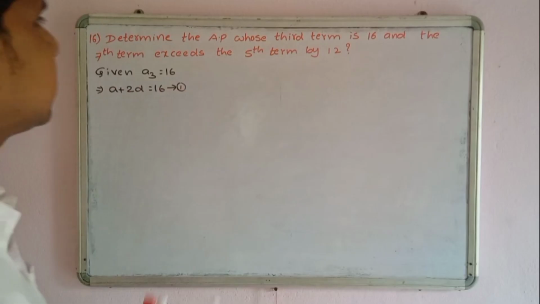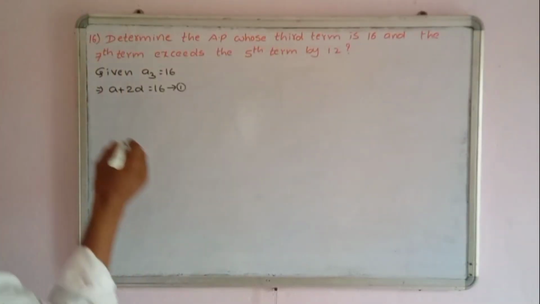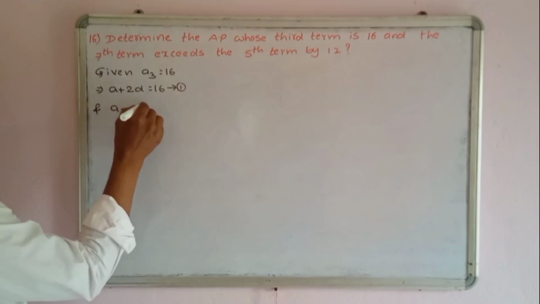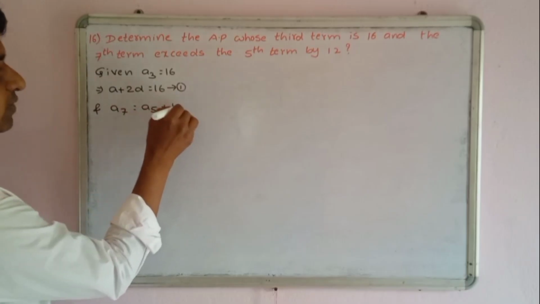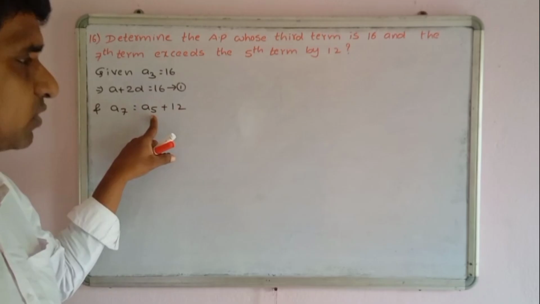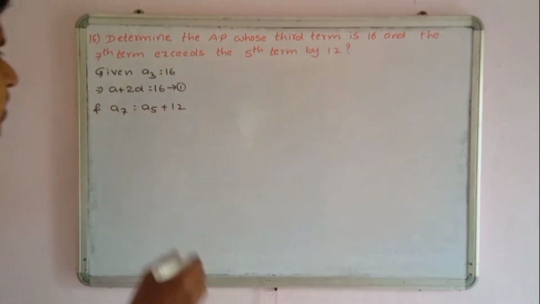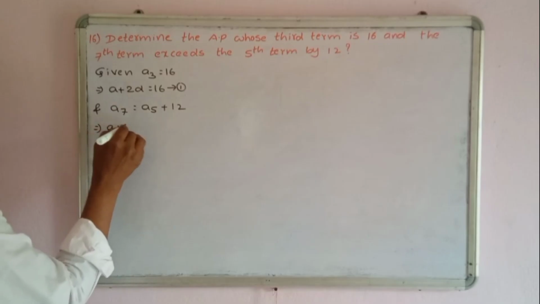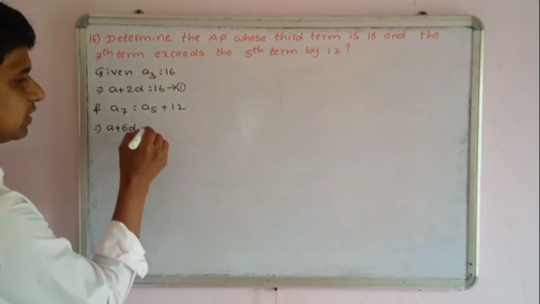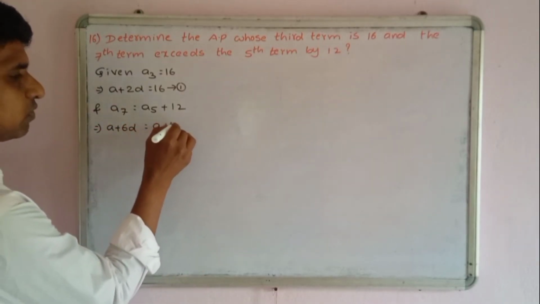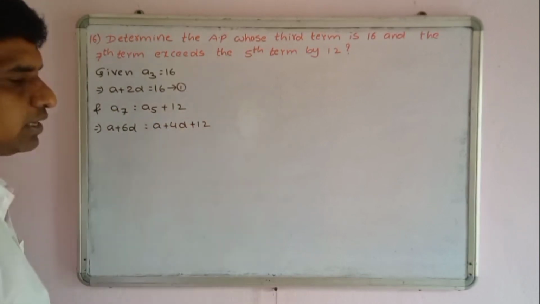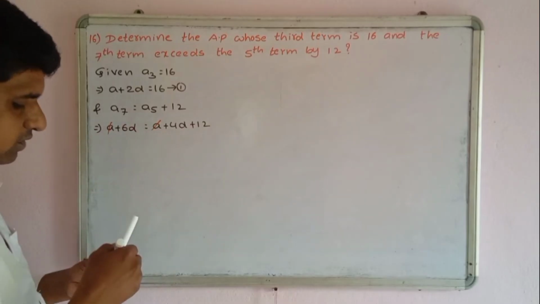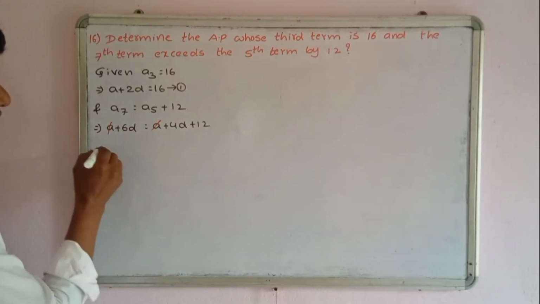And the 7th term exceeds the 5th term by 12. That means the 7th term A7 equals A5 plus 12. What is the formula of A7? A plus 6D. A5 means A plus 4D, plus 12. Now see, A gets cancelled. Now 6D equals